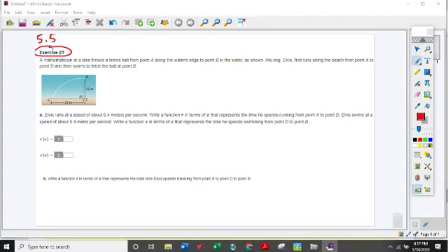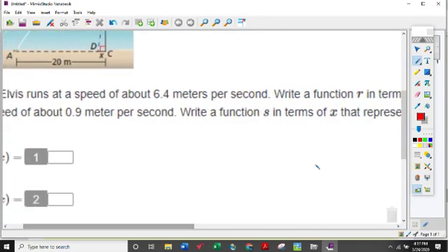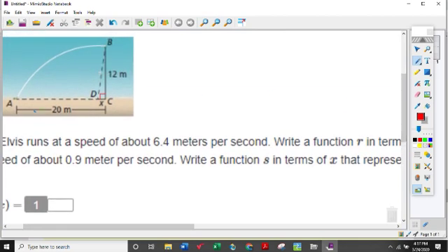For question number 27 in section 5.5, you need to know that distance equals rate times time. Therefore, total distance divided by rate will give you time. So, I'm going to make this a little bigger. So here we have this scenario, okay, and we're told that Elvis runs at a speed of about 6.4 meters per